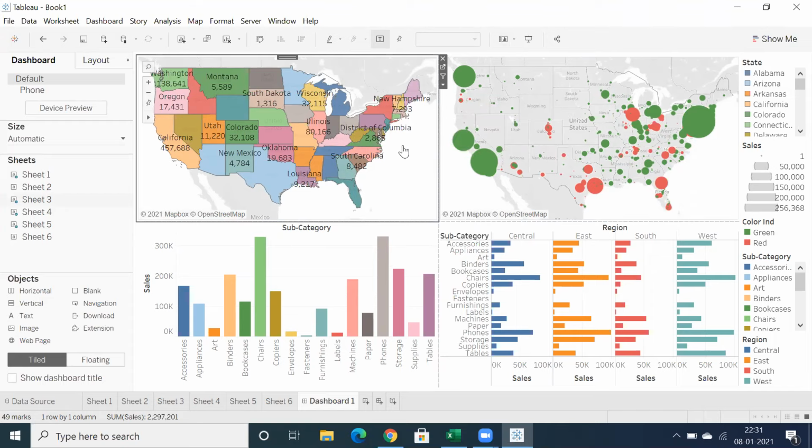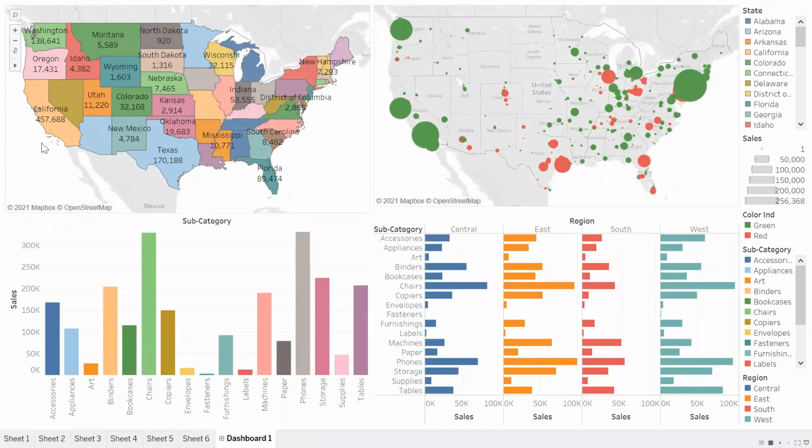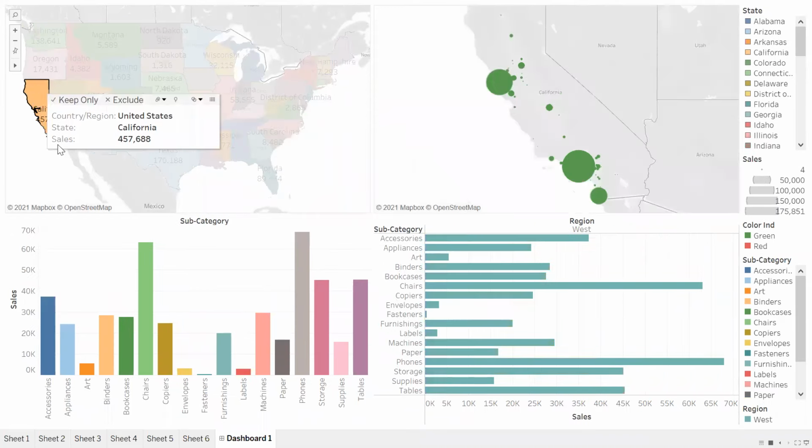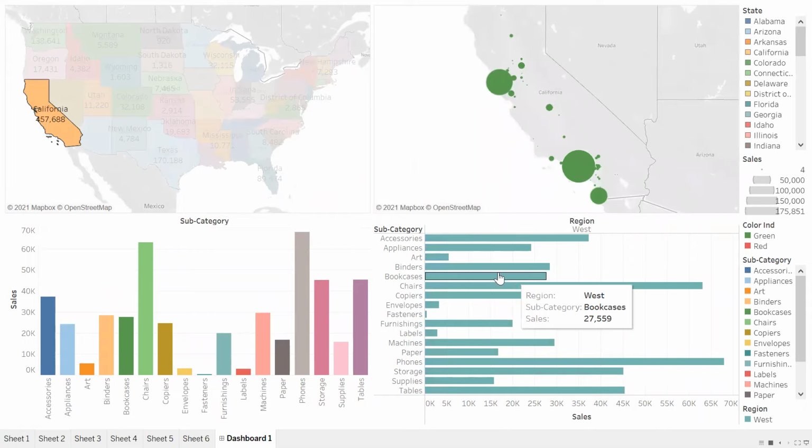Let's say I want to use this particular map for interactivity. Whenever I select a particular state, it should showcase that particular state's sales information. So when you select California, it will showcase California-related sales information, that is also category-wise sales.